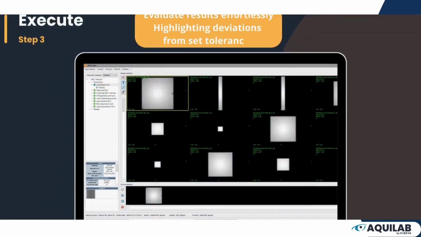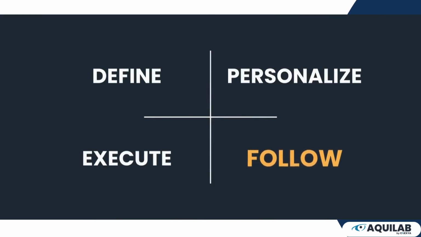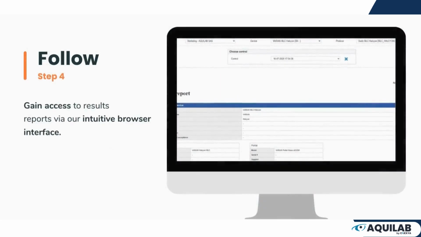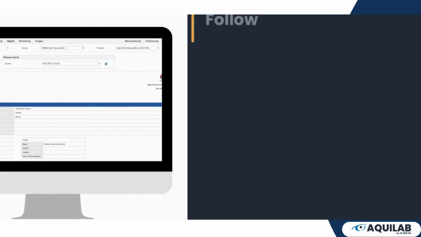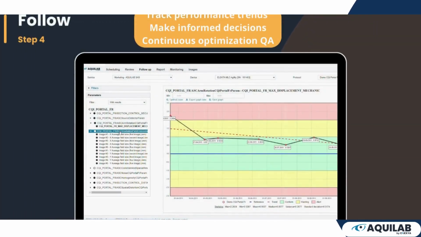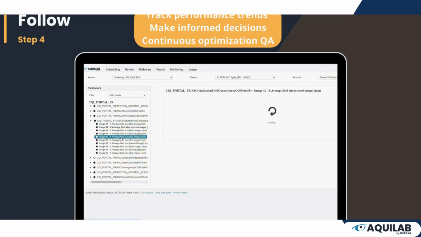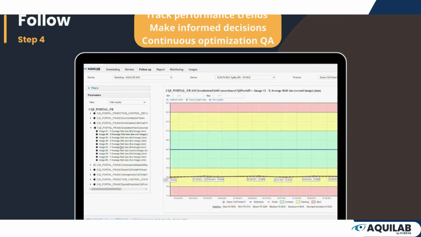Evaluate results effortlessly with color-coded indicators highlighting deviations from set tolerances. Step 4, follow. Gain access to results and reports via our intuitive browser interface. Track performance trends over time and make informed decisions to continuously optimize your quality assurance processes.